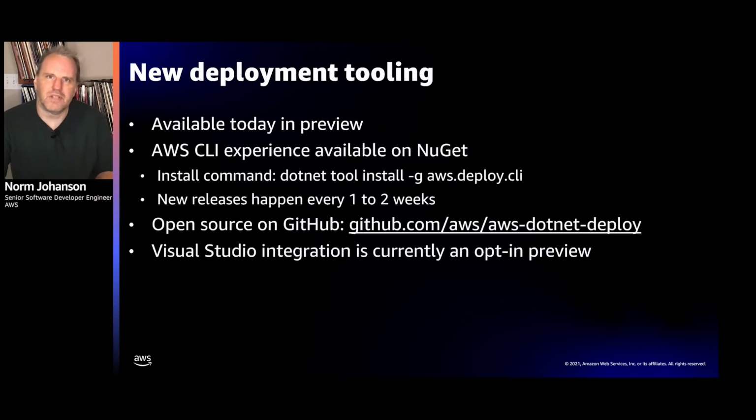Our new deployment tooling is available in two different ways. The first is from the CLI. That is the .NET CLI, which you can easily install using the .NET tool command. We're working very actively on this. We're doing new releases about once every 1 to 2 weeks, and it's all being done out there in GitHub. You can reach out on that GitHub repo to see the work we're doing, contribute, or let us know what scenarios you would like us to help you with in our new deployment tooling.